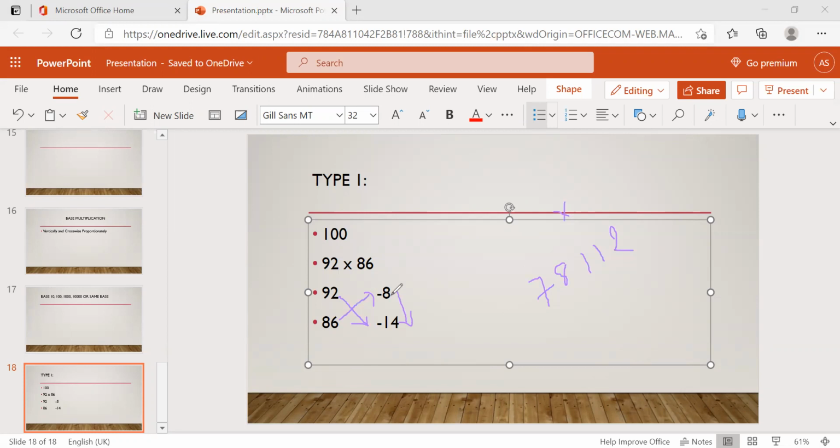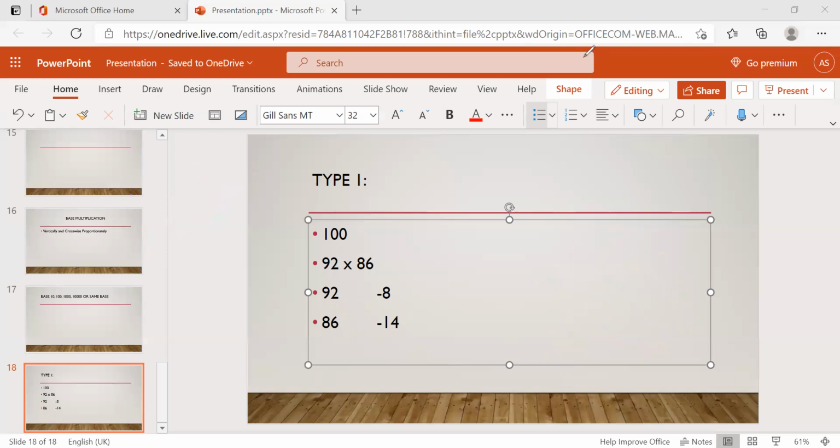Why? If you are multiplying 8 into 14, I am getting 112. It is more than 2 digits. I said for 100 we require only two zeros, I mean 2 digits. So 2 digits were considered, and this one is a carry. So it is added to the 78. So 7912 is the answer. Is it clear now? If you got three digits, then the last digit is the carry. Then if you want, you can check it. Okay. This is a type 1 question.